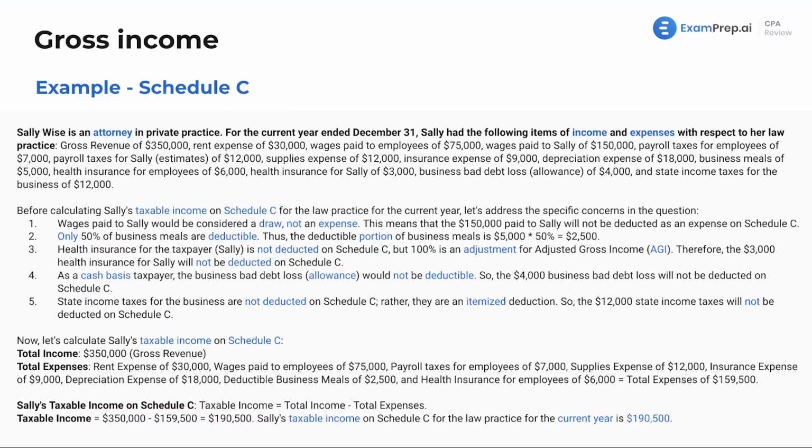Here is another great example. We've got Sally Wise. Sally Wise does happen to be an attorney in private practice. So just think about a lawyer who works for themselves. For the current year ended December 31, Sally had the following items of income and expenses with respect to her law practice. Now, Sally's going to have gross revenue of